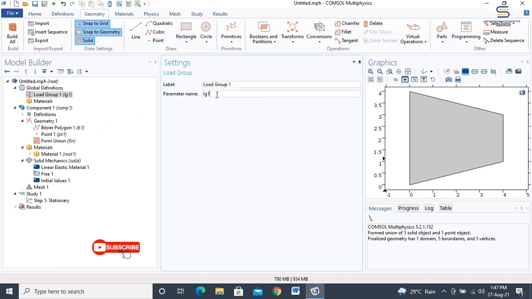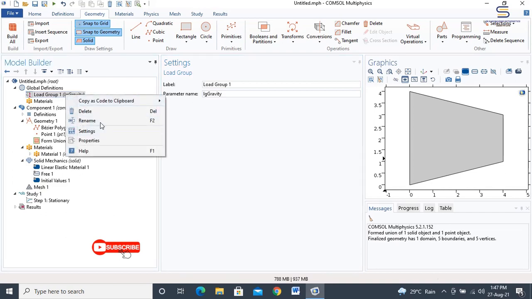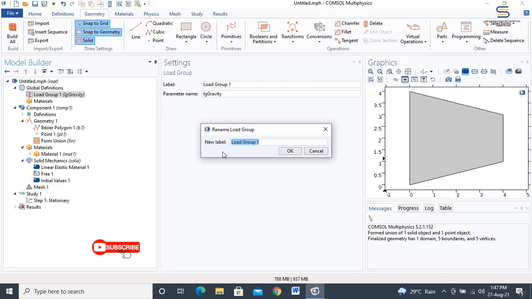Please change it to LG gravity. And then you have to change the name of this load group 1 by right clicking and renaming it. Load group 1 should be renamed load group gravity.